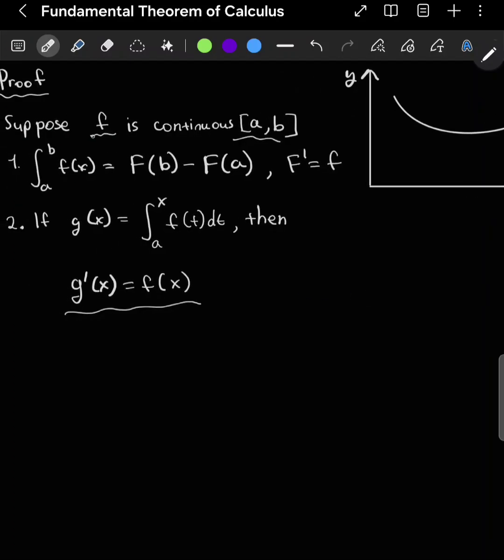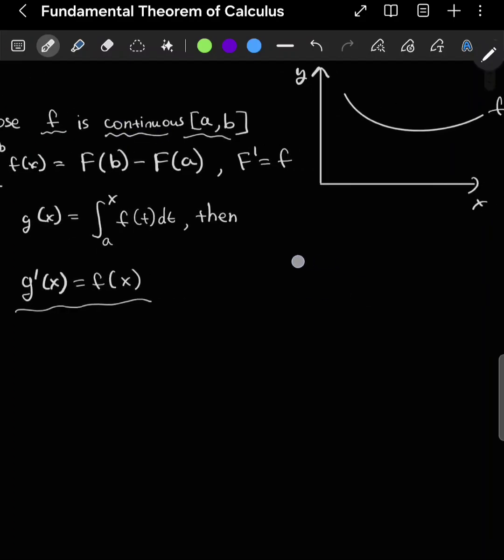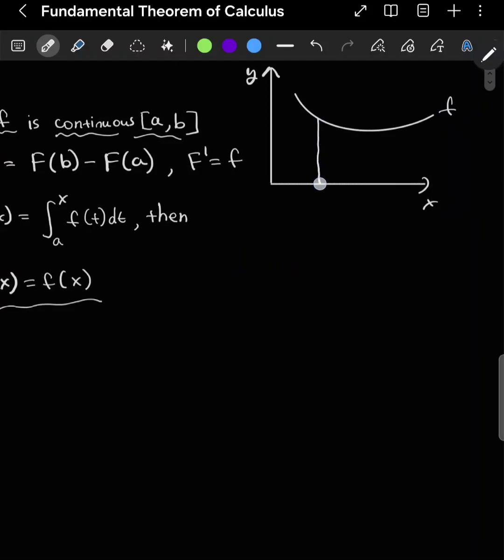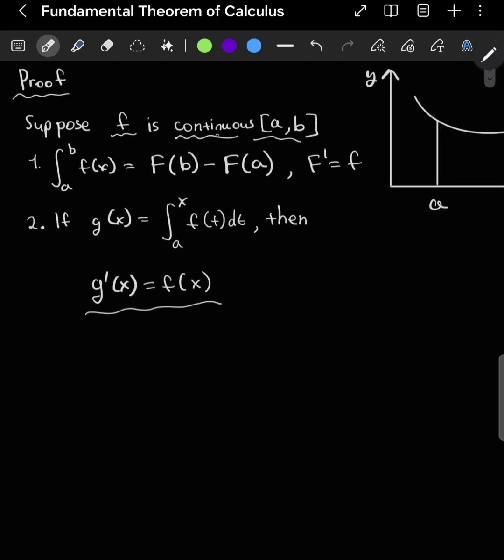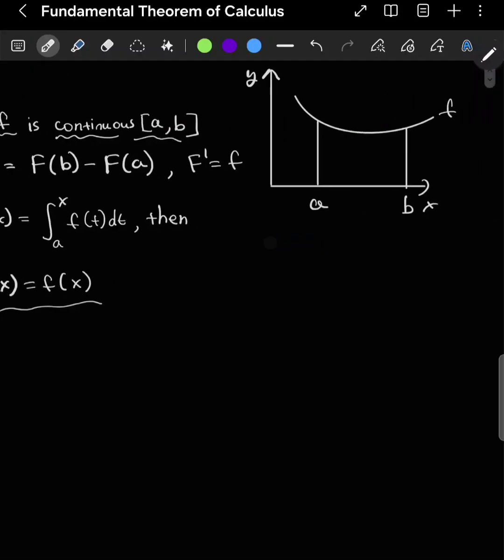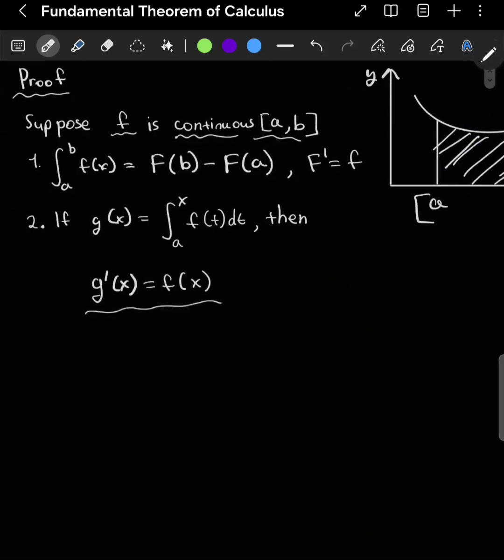So suppose that f is continuous, meaning that there's no break between these two intervals. So if f is continuous on a and b, the closed interval, it means between these two. This statement refers to this area, this region, I would say. So if f is continuous on a and b, first of all,